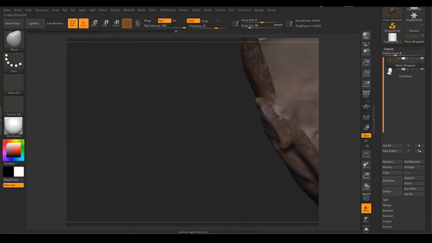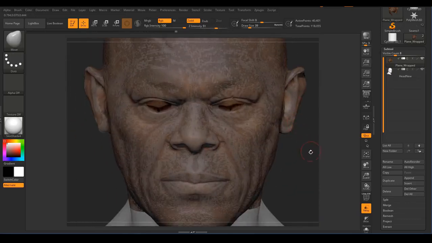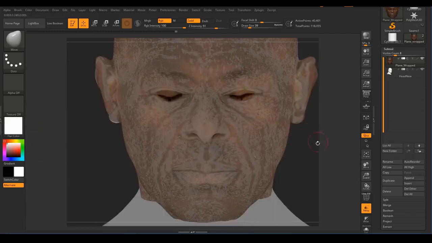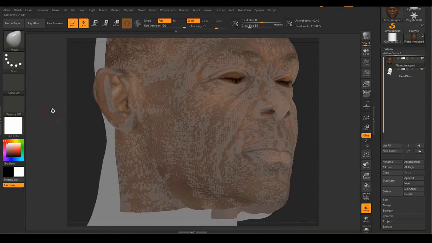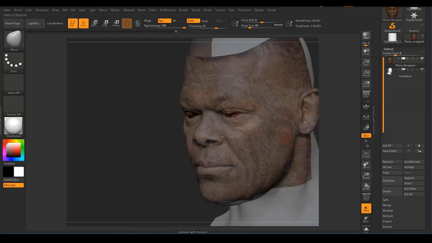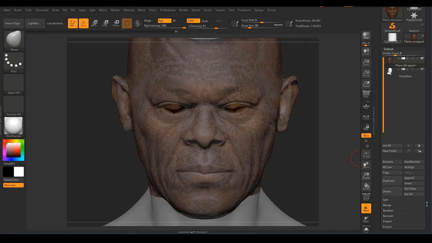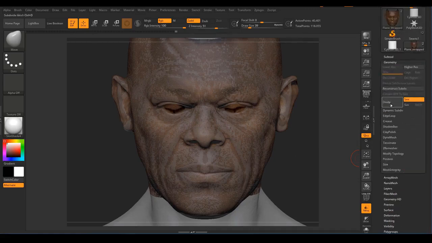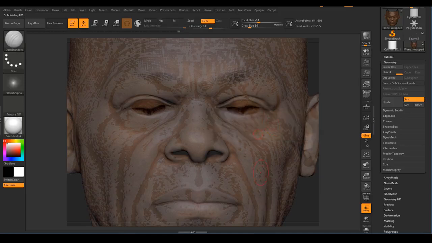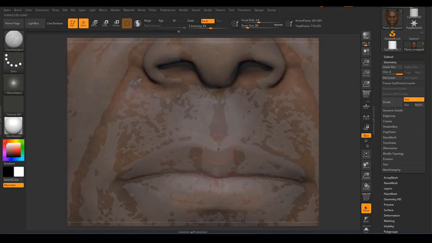All right. And you could also check out the flat color. That will make it easier for you. I'm gonna stick to skin shade. And for this, I am now going to subdivide the plane. Go to geometry and subdivide it up to 3. And I'm gonna go to the dam standard brush, and for this one, I'm just going to locate here